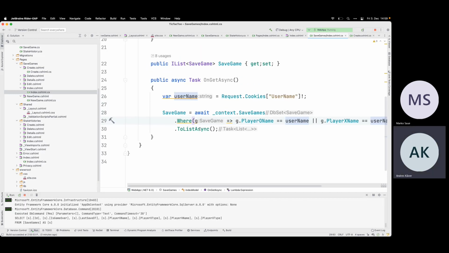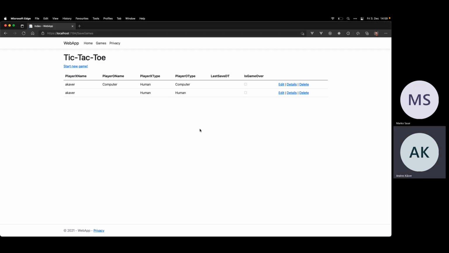And now comes basically the answer to your questions. I have my game ID in my database. So the game is created, I have an ID for the game. Now for all the operations I do, I have my username and I have the game ID. And this is all I basically need to support an unlimited number of games. So we start with that one. Let's make a first move.